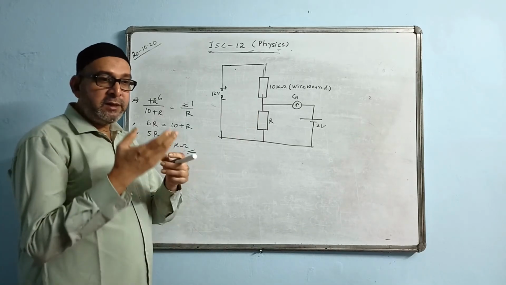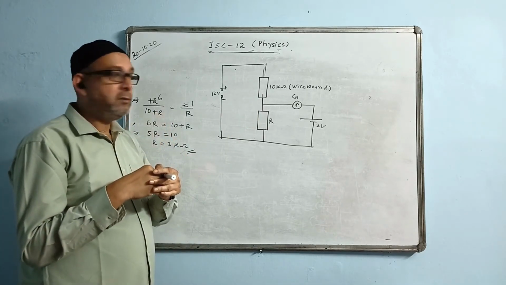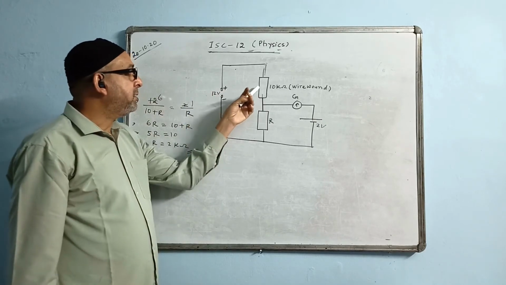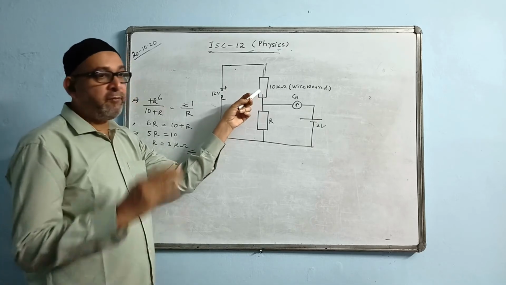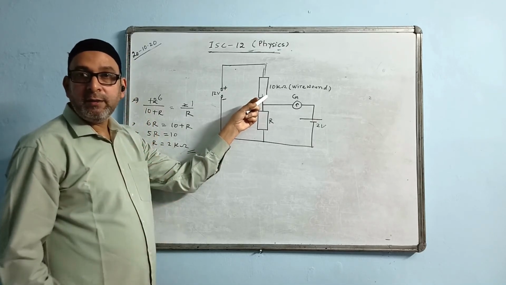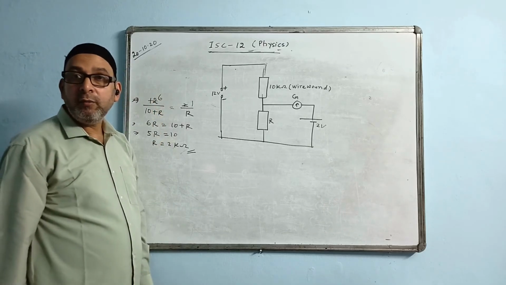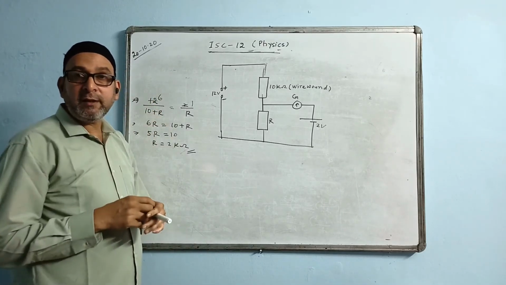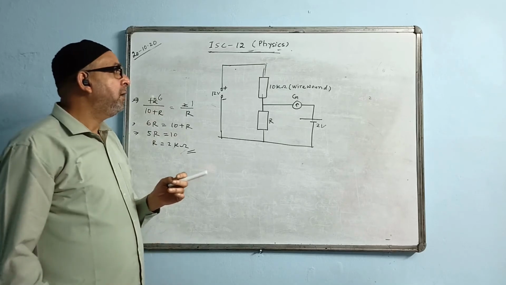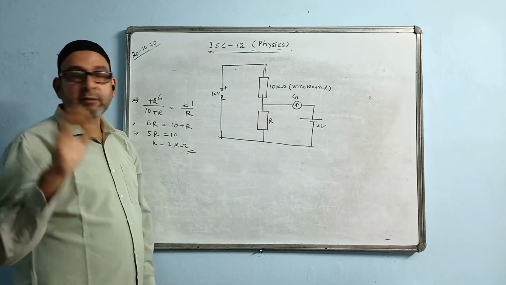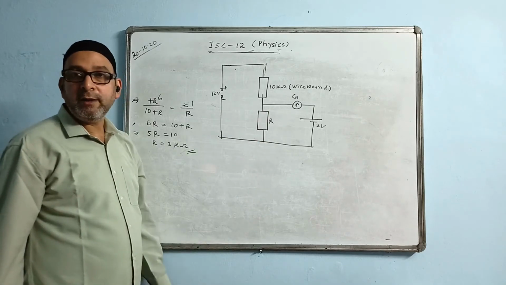change. When the resistance decreases, then what will happen? Current will become high. Current of this source suddenly becomes fluctuating. When the current fluctuates, then do you think this equation will hold true? The answer is no. Because current has to be constant, current has to be steady throughout. When the current is fluctuating, then this galvanometer will give some deflection. So deflection will not be zero in that case.